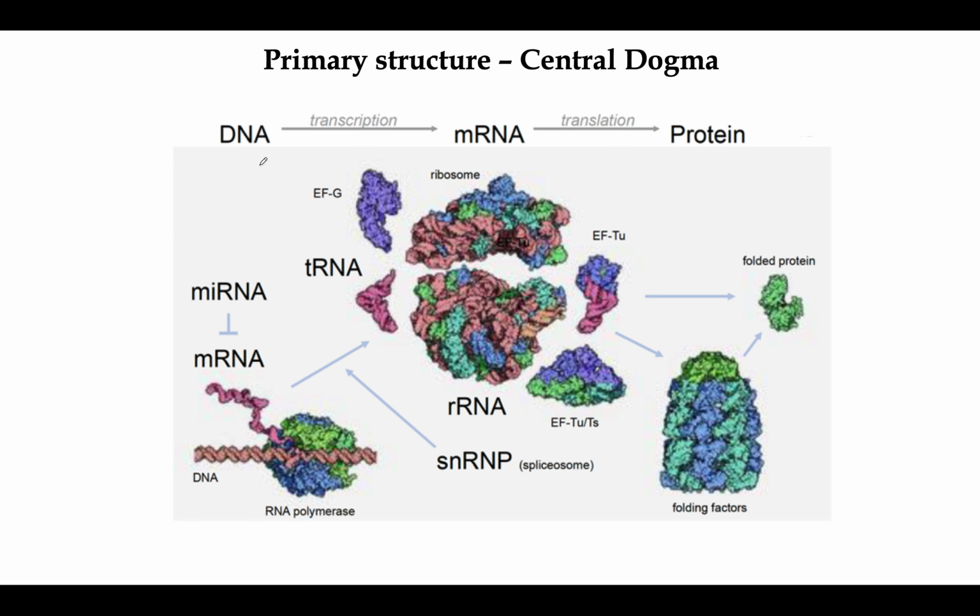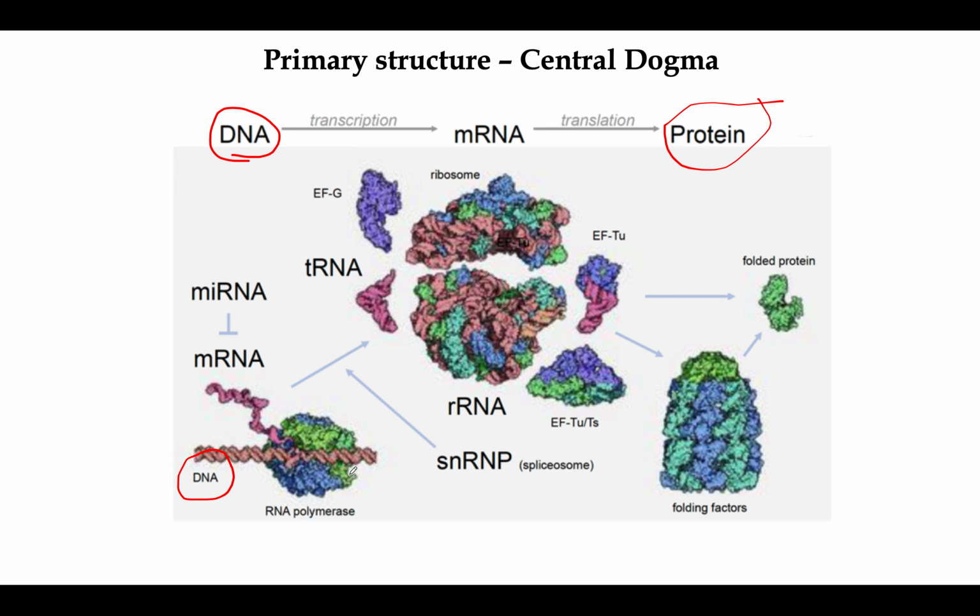So what happens is you have the DNA, the sequence of the DNA determines the sequence of the protein. So the central dogma tells you that based on the sequence of the DNA, the sequence of the protein or the primary structure is determined. If I want to go through the steps, DNA